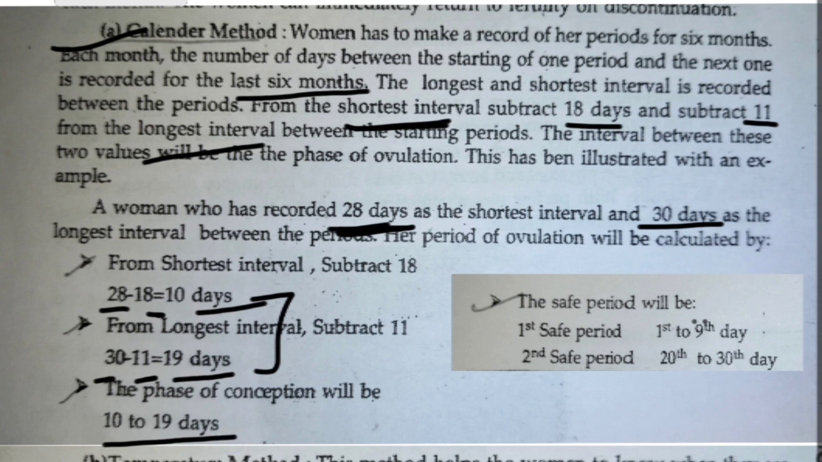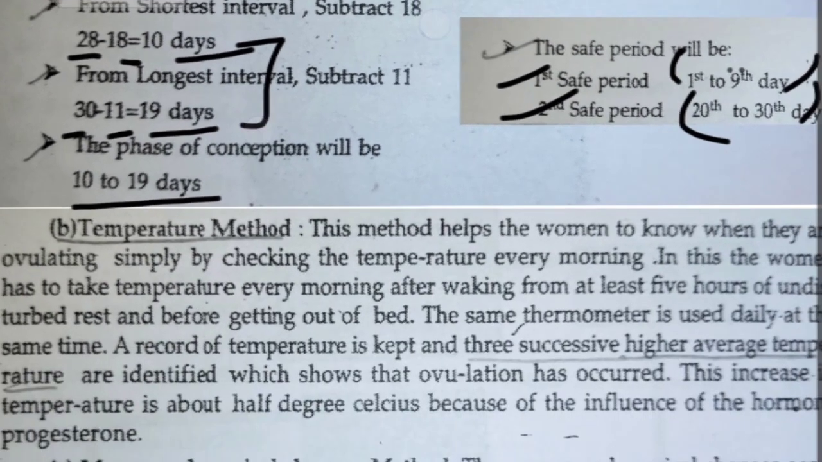In that period she can't have sex. She can have it before this and after this. That is, the first safe period is days 1 to 9, and the second safe period is days 20 to 30. This is the calendar method. Next we have the